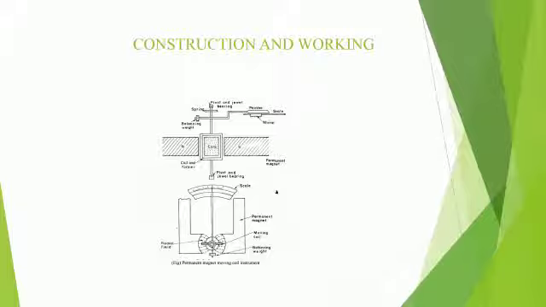When current flows through the coil placed between the two electromagnets, a force will be developed. This force is called the deflecting torque. Due to this, the pointer starts to move over the scale and indicates the quantity to be measured. These are the main parts and this is the working principle of permanent magnet moving coil instruments.